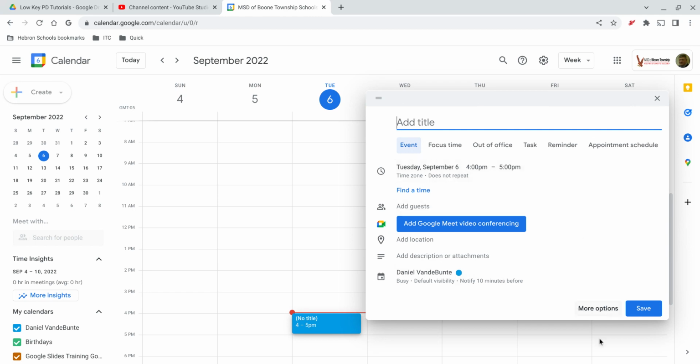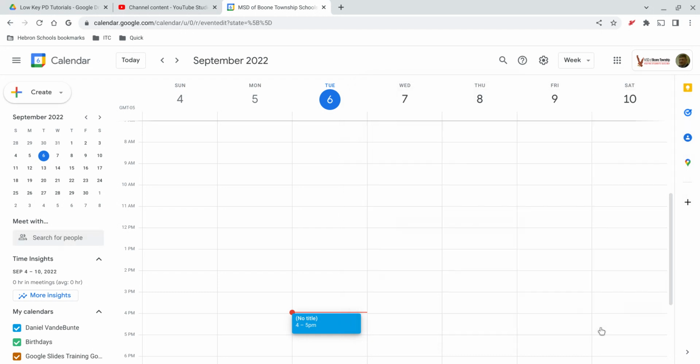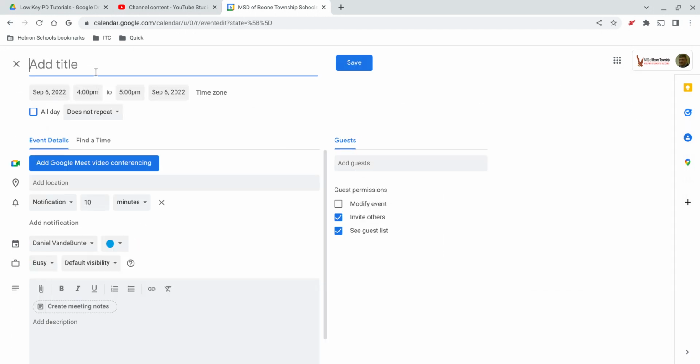I always like to choose more options. It just takes me to another page where I can control a lot more of this easier. Everything's sort of all in front of you. So I'm going to go to more options, add the title, Super Delighted Parent Conference. All right, and you can change a lot of these settings to whatever you need, but